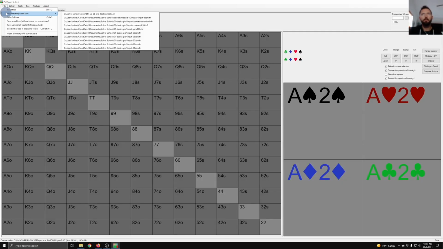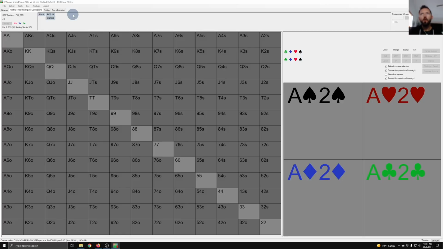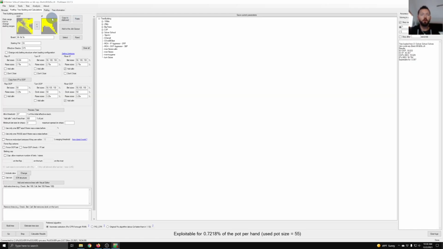But I'll go back to this browser tab, because when I also open up a tree, so I'm just going to open up a random tree that we have here, and I have a recently used tree. Whenever I open up a tree, it's going to default and open up into the tree building and calculations tab anyways. So as I've alluded to, the graphical user interface of PioSolver is called Pio Viewer,